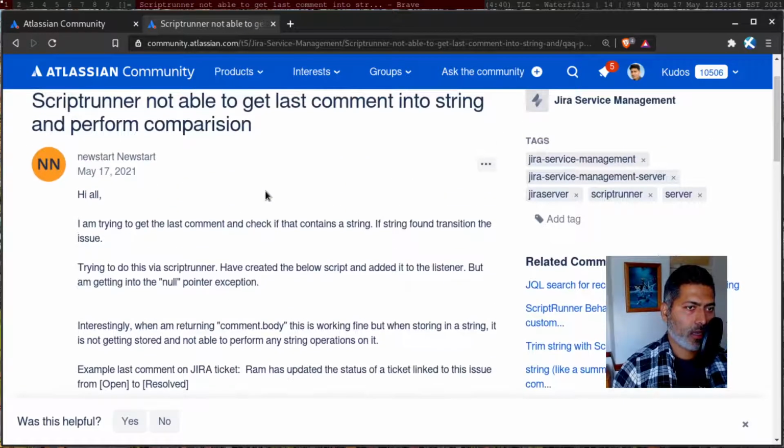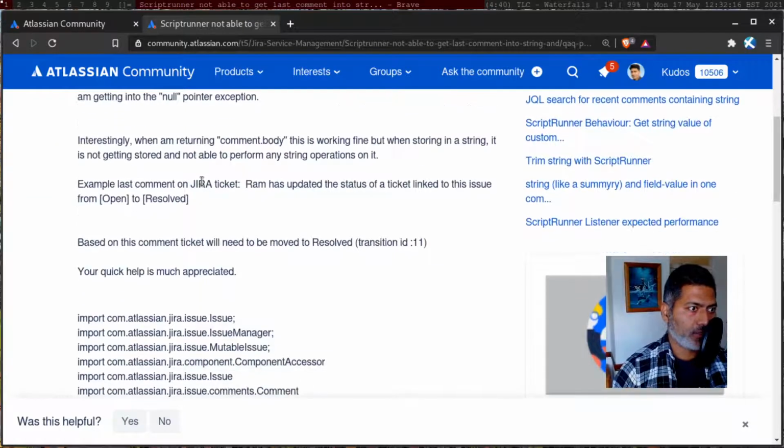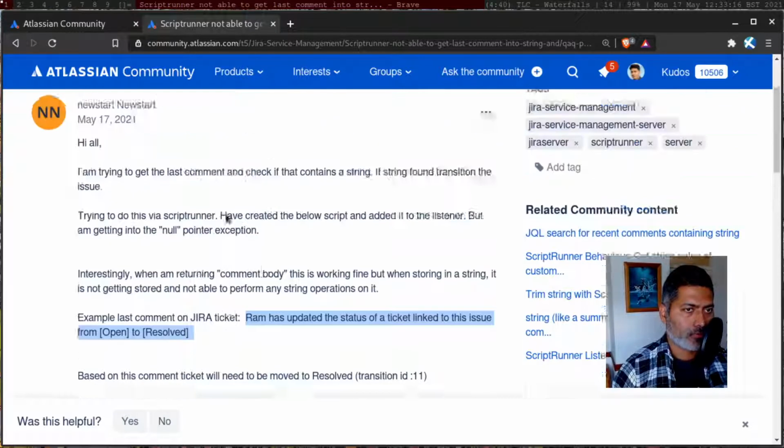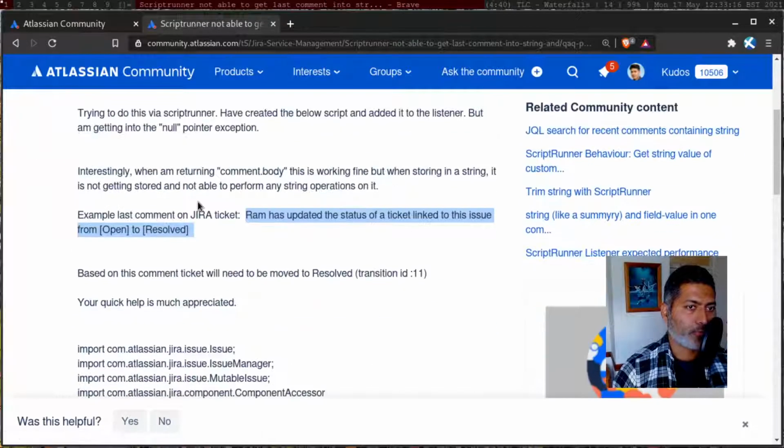So the question is that this user NewStart has written a script where he or she is checking for the last comment that was added on an issue, and based on the last comment, also checking if that particular comment contains a string. So let us say the comment is added like this: Ram has updated the status of a ticket linked to this issue from open to resolved. Now based on this comment, this user is trying to make a transition, so do